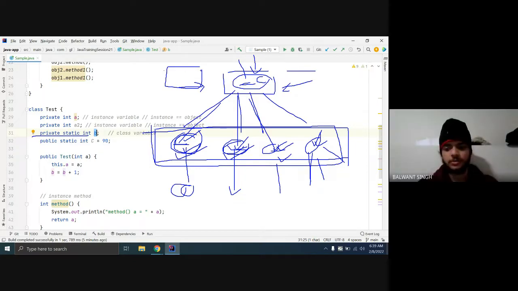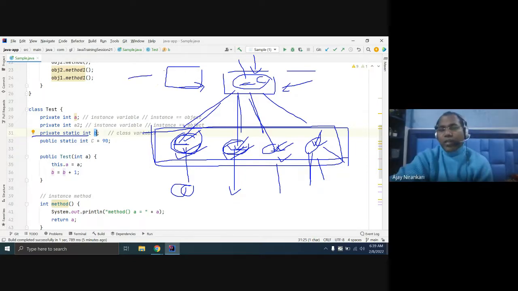Okay, sir. Any doubt with static now? No. You can create a static variable only in those cases where you want only one copy of this variable and all the objects access the same value, then you can mark it static.